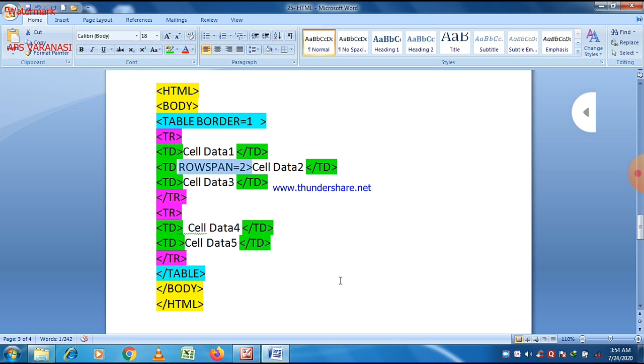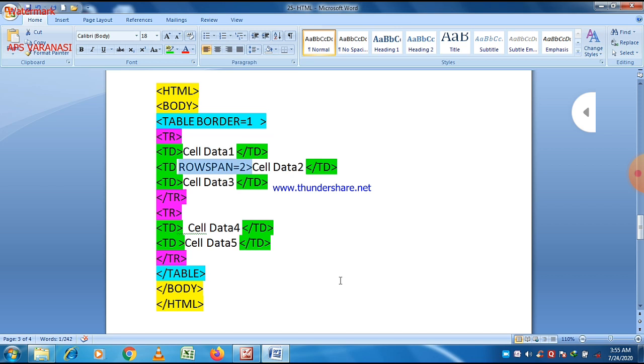As we know, data in an HTML table will always be represented through different rows. So two tr tags are there, and then the td tag which represents the data. And when we use the rowspan or colspan attribute, first of all we write within the td tag rowspan or colspan, and after that an equal sign, and then the value, and the value should always be greater than or equal to 2. So if you want to merge two rows or two columns, then we use rowspan or colspan.